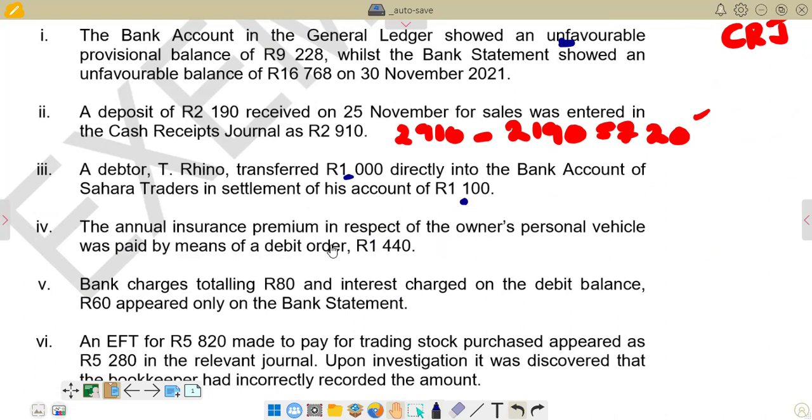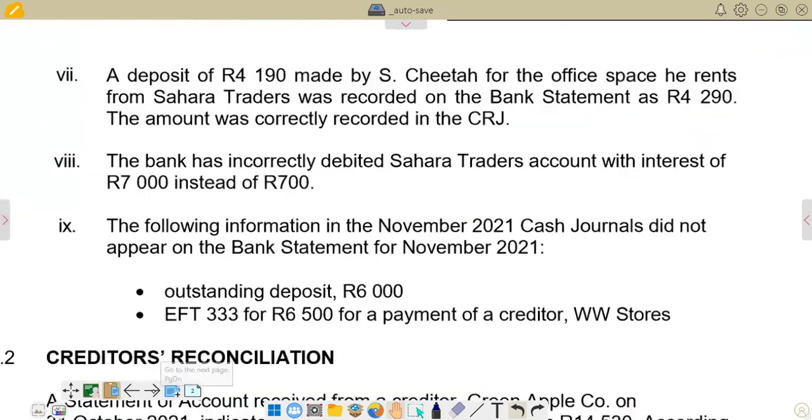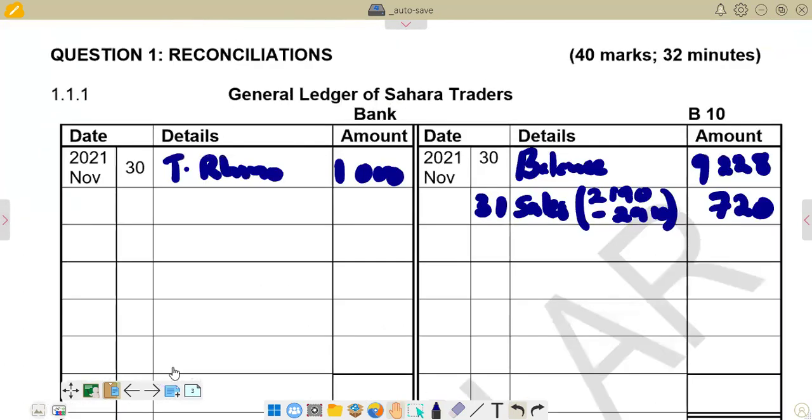We can only get to know about the debit order when we get the bank statement at the end of the period, like in this instance. So the debit order will be debited on the bank statement, but in our bank account it has to be credited. So this 1,440, we are supposed to put it on the credit side of the bank account. So we're going to our bank account and then put on the credit side our